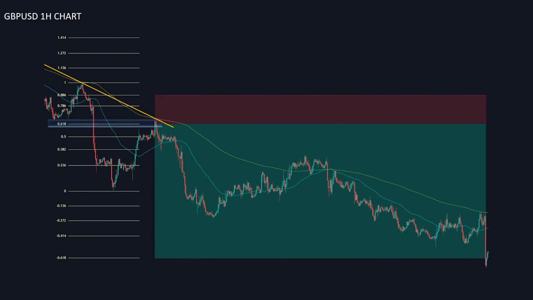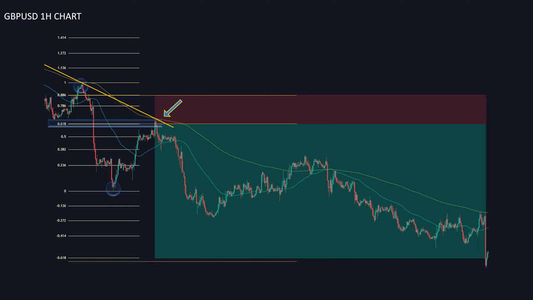Then we come to the 1-hour chart where we can use Fibonacci retracement to pull from the previous lower high to lower low. It's not hard to find that Fibonacci 0.618 corresponds to support and resistance as well as trend lines. The price also stands around 200 EMA. At this point we can set our sell limit to 0.618 in Fibonacci, stop loss at 0.886, and take profit